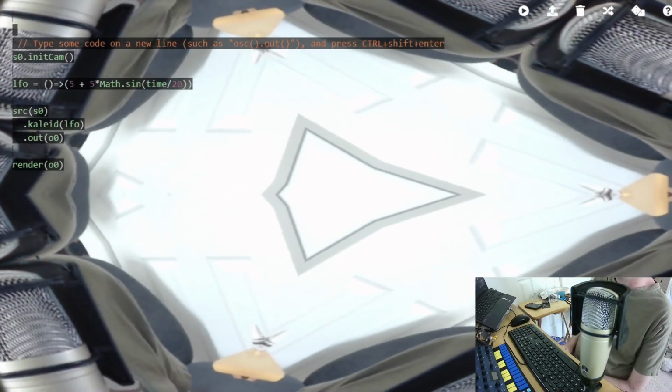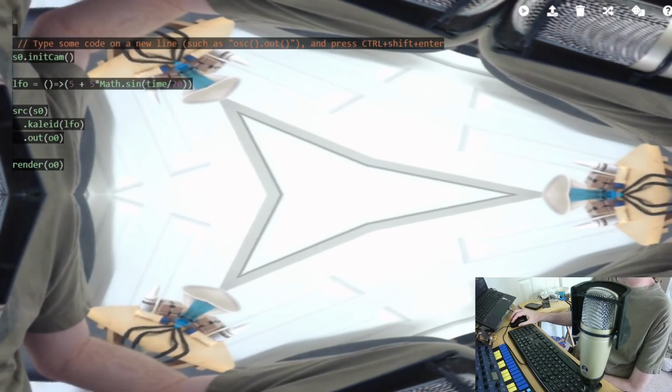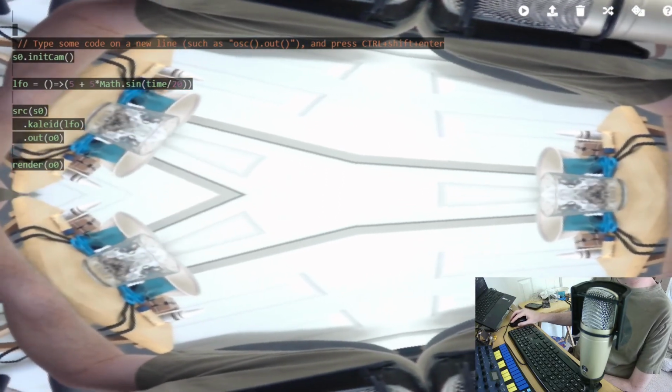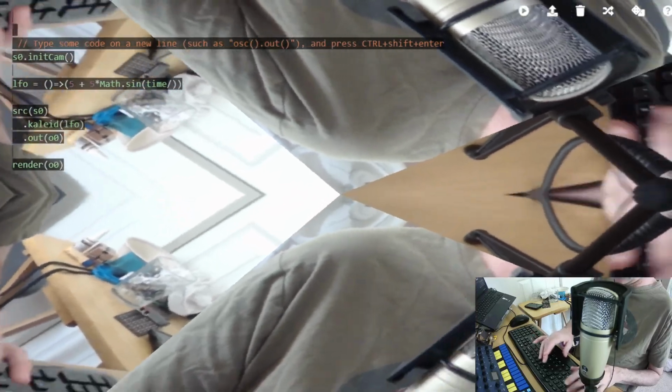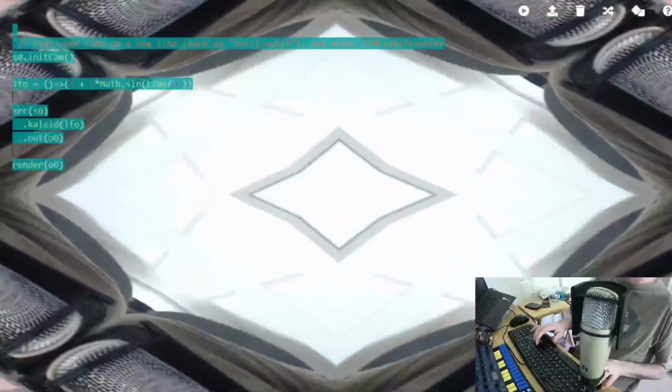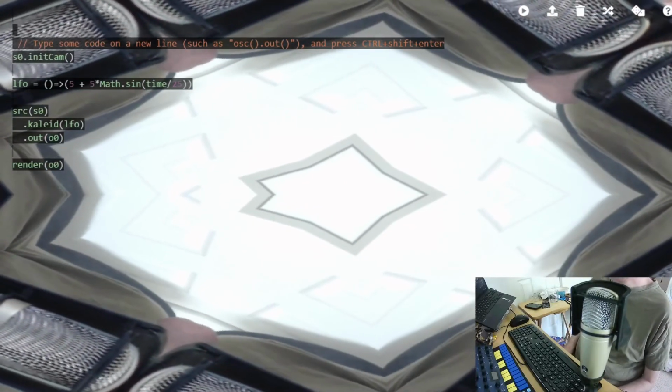And now we have a moving kaleidoscope where the LFO rate, how fast it goes, is based upon how much we're dividing the time. And so if I change the time from 20 to 5, we can make this go really fast, but that's way too fast. So let's try a little bit slower.